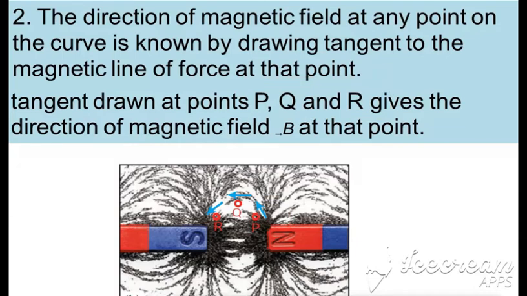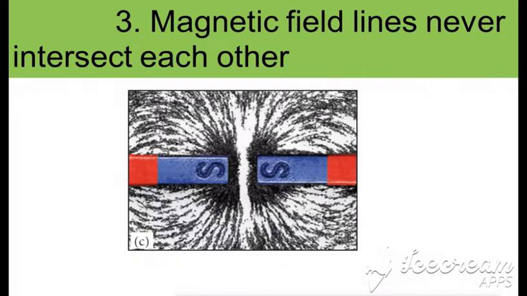Yes, clear? Then next is the third property, which is magnetic field lines never intersect. So when you see here, it is a closed curve. First நம்ம என்ன பார்த்துட்டோம், they are all closed curves அப்படின்னு பார்த்தோம். But it will move such that it never intersects. So இங்க இருந்து இங்க போகும்போதும் சரி, when it is moving like this, it never intersects with each other. Okay, magnetic lines never intersect. That is the third point. Okay, so clear.